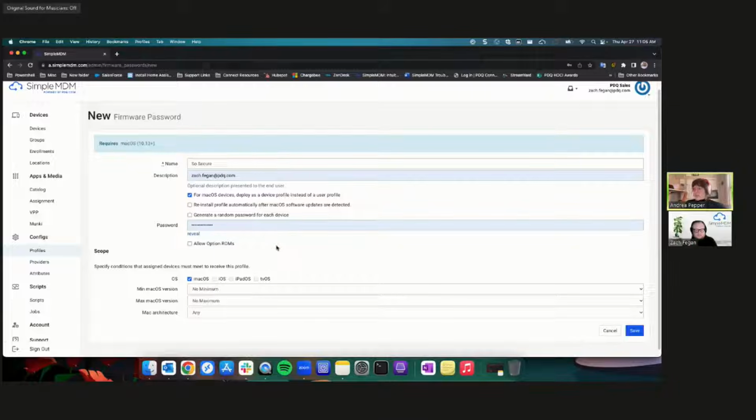We have that kind of feature for a lot of things in SimpleMDM, including like local admin password. It's a really cool feature that you can just randomize a password and just go look at what it is. So that's cool. So if I had like the executives or the CFO, if I have a lot of financial documentation that I want to keep extra secret, I could do a different password on those machines. Right. And the cool thing is that you don't have to set that one static password, because that's just not good security practice. But being able to randomize them and have them all in one place, right there for you in SimpleMDM,